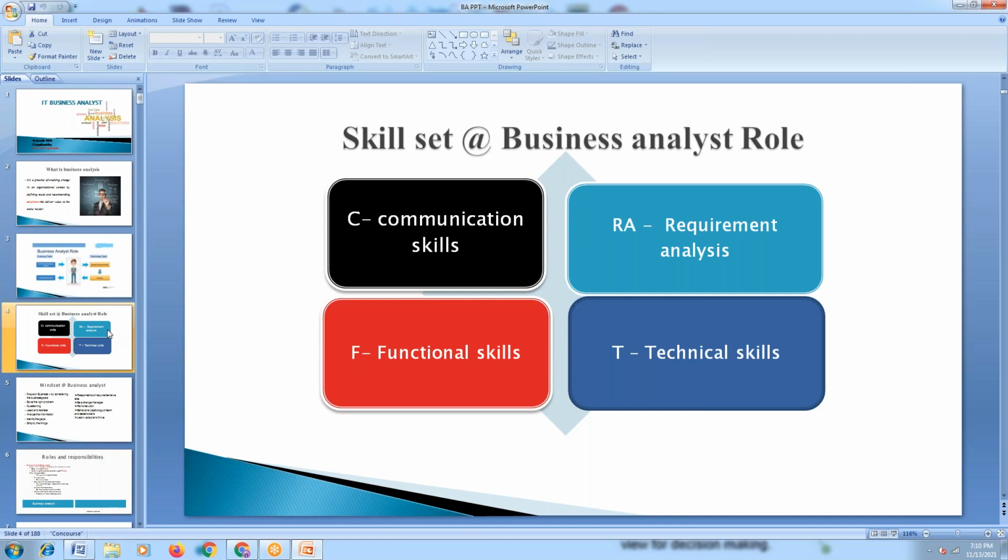So this is all about the introduction of business analysis, followed by the role of a business analyst, and what kind of skill set they need to acquire. This is all about the introduction of BA. Is it clear? So tomorrow I'm going to discuss the roles and responsibilities of a BA. What kind of roles and responsibilities we must be good with as a business analyst. All that we are going to discuss in tomorrow's session.